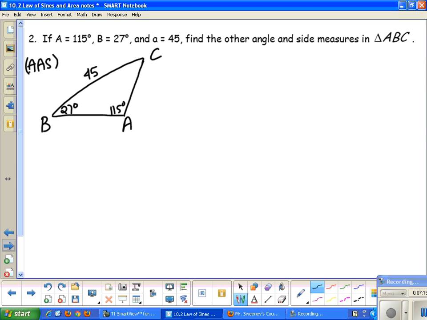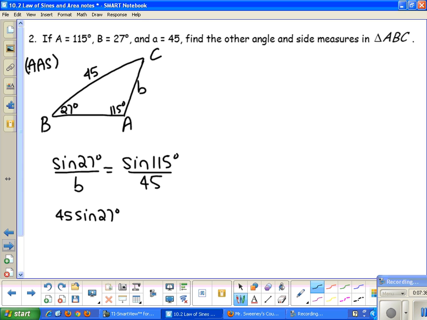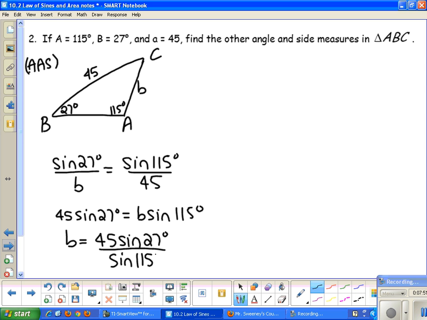So for this one, let's first figure out what side B is equal to. The sine of 27 degrees over B is equal to the sine of 115 degrees over 45. Then if I cross multiply to solve, I get 45 times the sine of 27 degrees is equal to B times the sine of 115 degrees. So B would be equal to 45 times the sine of 27 degrees divided by the sine of 115 degrees. Plug this into your calculator to make sure you get the same answer, and when you do, you should end up with B is equal to